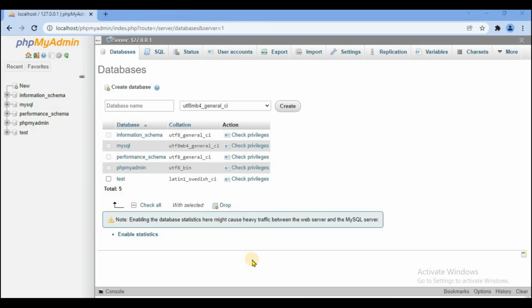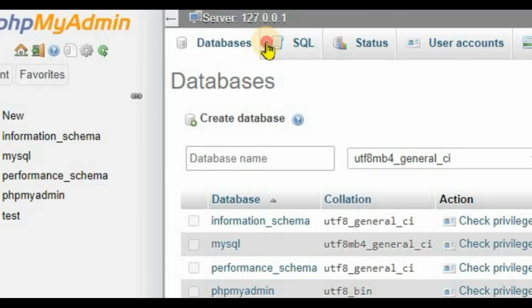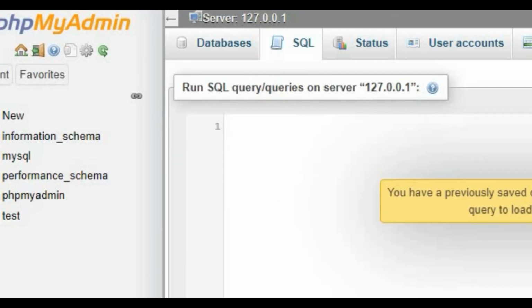So after successfully connecting MySQL with XAMPP, we open phpMyAdmin. To create a database through phpMyAdmin, there are two ways. First, we can use the New command, and here we type the database name and then click create, or we can create using SQL commands.